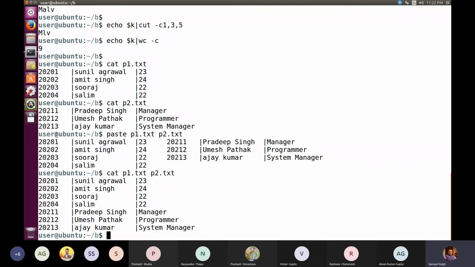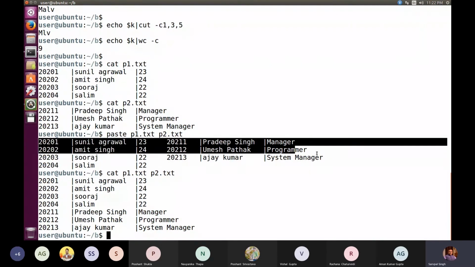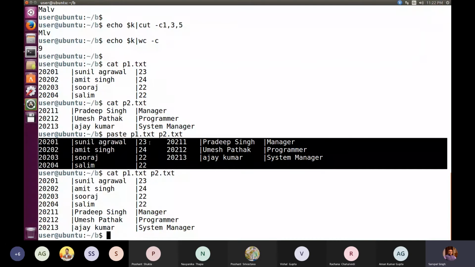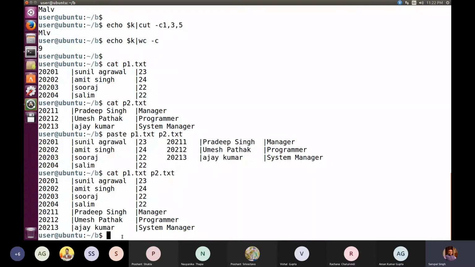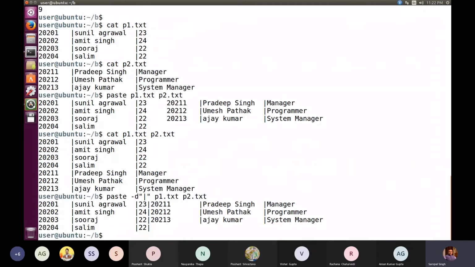And it is also possible that when we are combining them together, in between this 23 and 20211, the first field of the second file and the last field of the first file, we can put the pipeline symbol. So that is also possible, and for that purpose again you have to use the -d option. So if I write paste, and here if I write -d and then the pipeline symbol and then p1.txt, p2.txt,